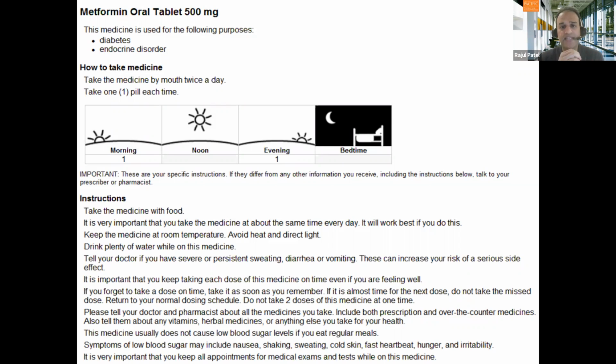You can see that there's a lot more white space than a typical drug monograph, so it decreases the eye burden. It's written at, on average, a 6th grade reading level and no higher than an 8th grade reading level. So it makes it much more accessible to people in terms of understanding their drug information. This too can be converted into one of 26 languages. And you can see it also has the pictogram, so you know about when to take your medication. So this would be provided should you want it.